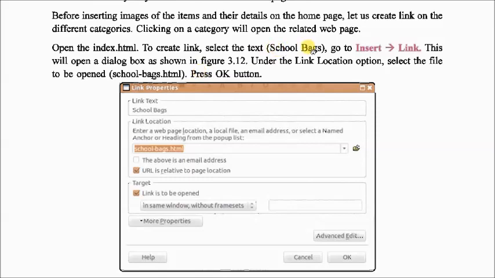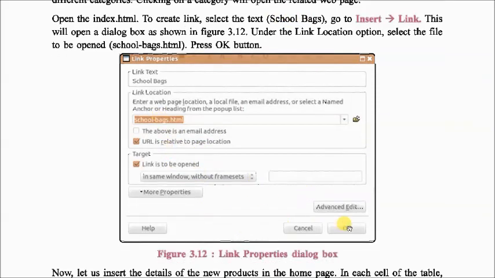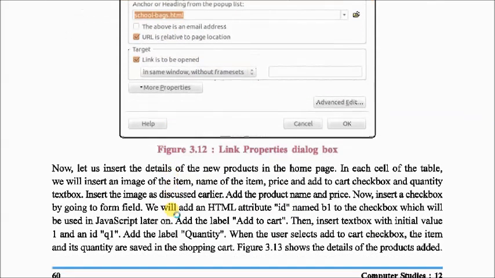So when anyone clicks on school bags, it should open the schoolbags.html web page. You can write the file name here, or click on the icon and choose the file which will open when anyone clicks on this option, and then press the OK button.